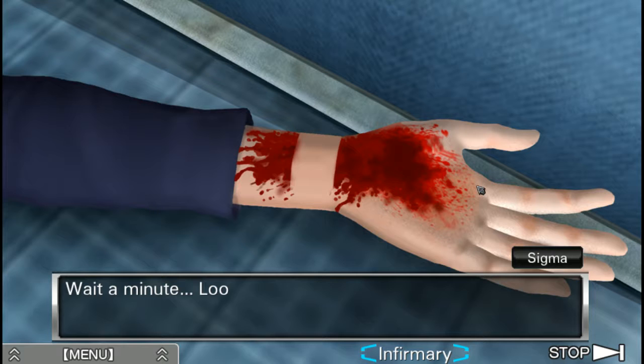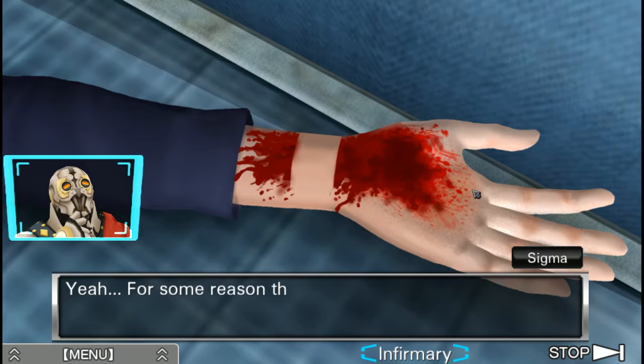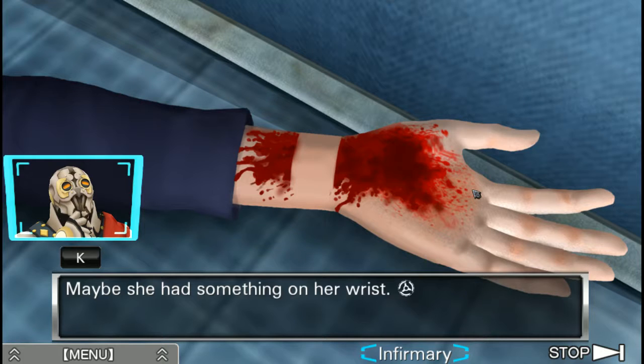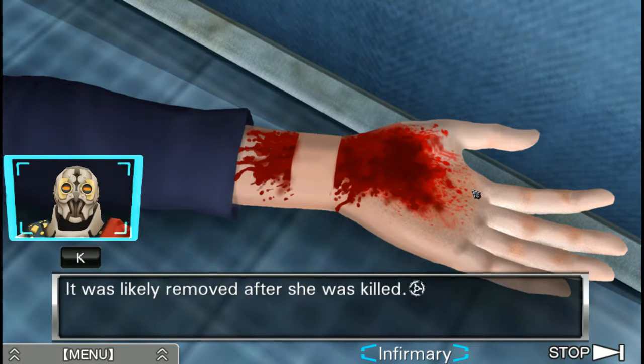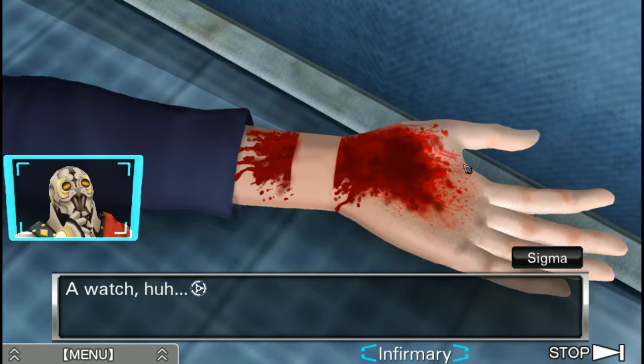Huh? Wait a minute. Look at her wrist. It seems remarkably clean. That's odd. Yeah, for some reason there's no blood on this part. Maybe she had something on her wrist. Like what? A watch, perhaps. A watch? Yes. It was likely removed after she was killed. That would account for the lack of blood splatter on her wrist. Okay. But we don't know where this watch is. A watch, huh? I don't know, it just...